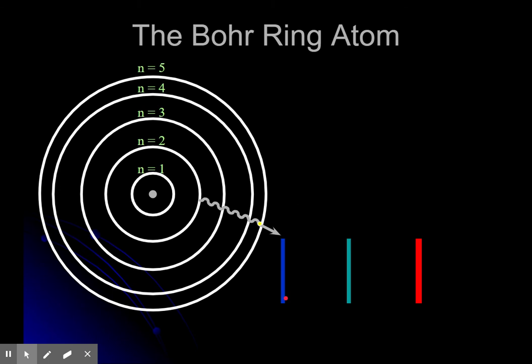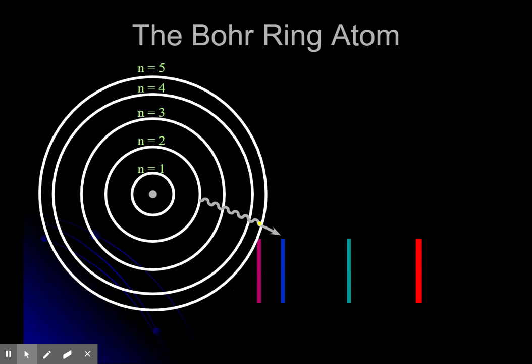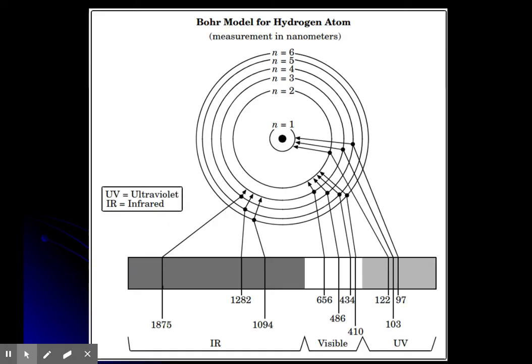And then I didn't draw this one on here, but if an electron gets excited to the 6th energy level and then drops back to the 2nd, that's going to give off that purple color that we would see in the line emission spectrum. All right, so let's look at what you would see in your reference tables.